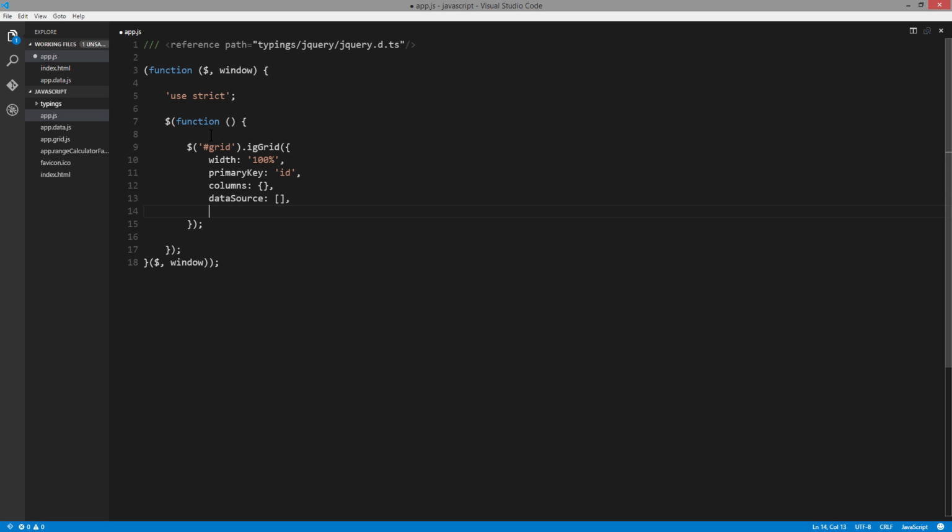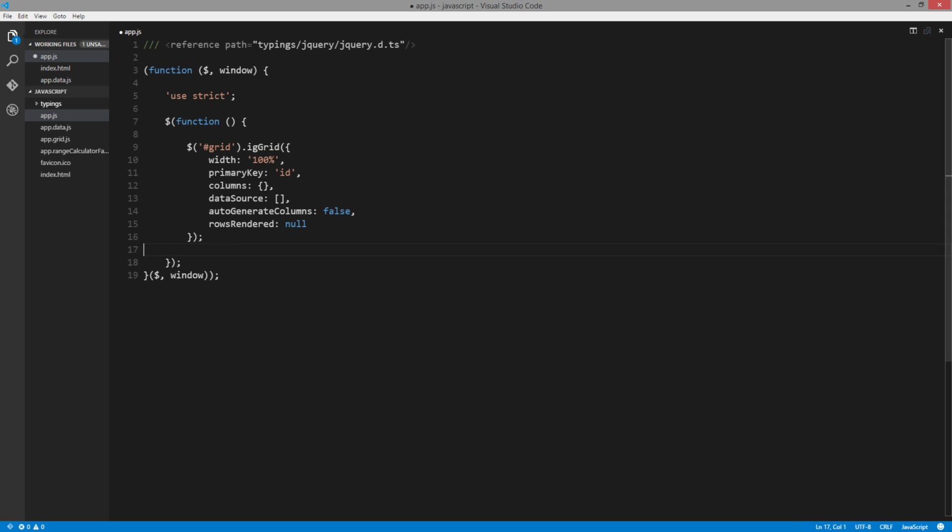And then we're going to auto-generate columns. Well, we're going to turn off auto-generate columns. So we'll set this to false right now. And then the last thing that we need to do is run a function for the event of rows rendered. Okay, and I'm going to add null here for a moment,